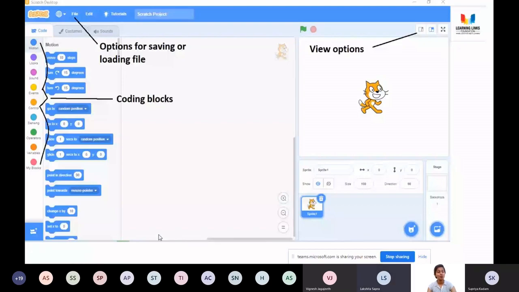Wonderful, wonderful, Lakshita. The way you posted, the way you explained everything was brilliant. Excellent work done. Thank you. I want you to keep this going, okay? If you're so good at it, why don't you record a video of yourself explaining how to use Scratch and share it among your friends? Why don't you try that?